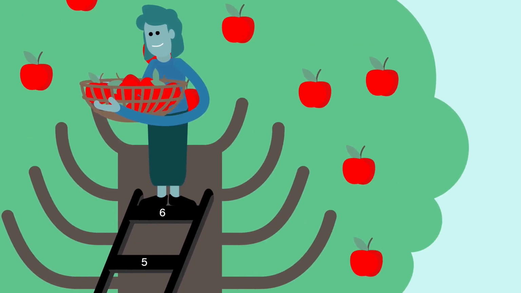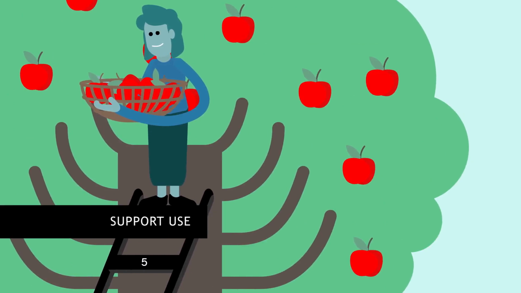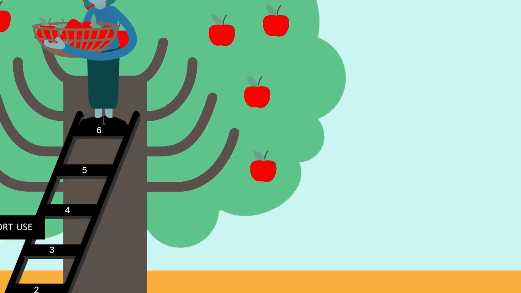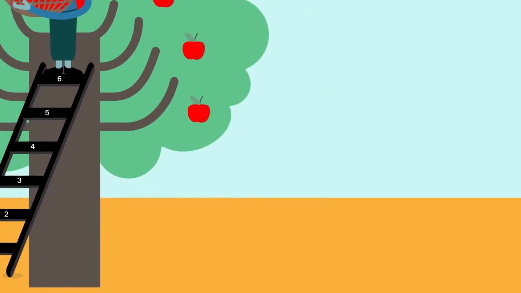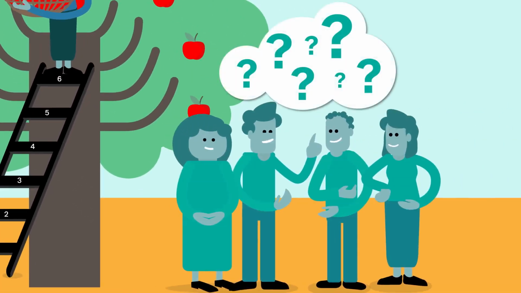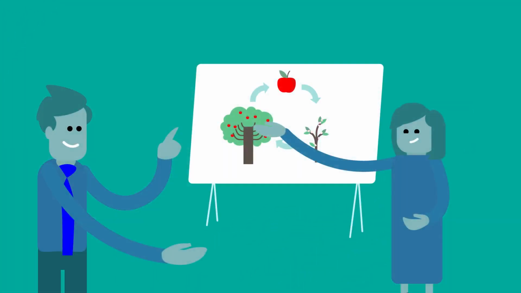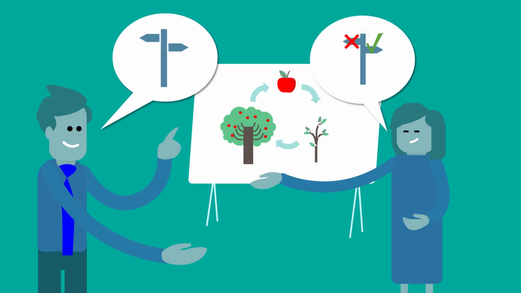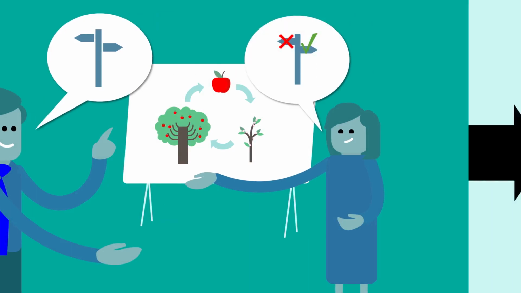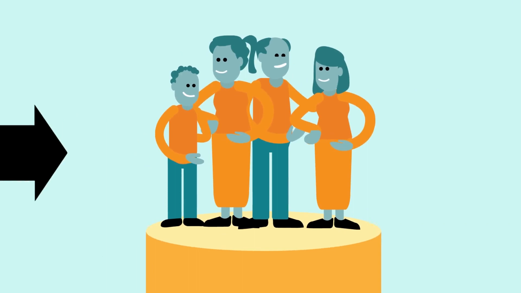Finally, the sixth and essential step is to support use of the results of your analysis. As mentioned, you use outcome harvesting to answer your harvest questions. You can also assess whether your theory of change is up to date or you are making the right assumptions. This will be the basis on which you can make decisions about your future interventions.